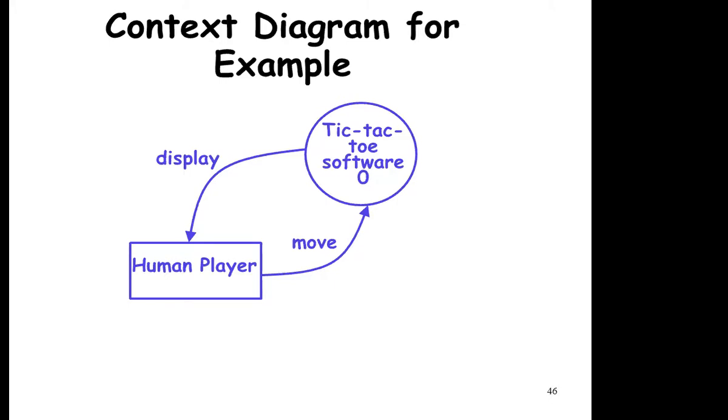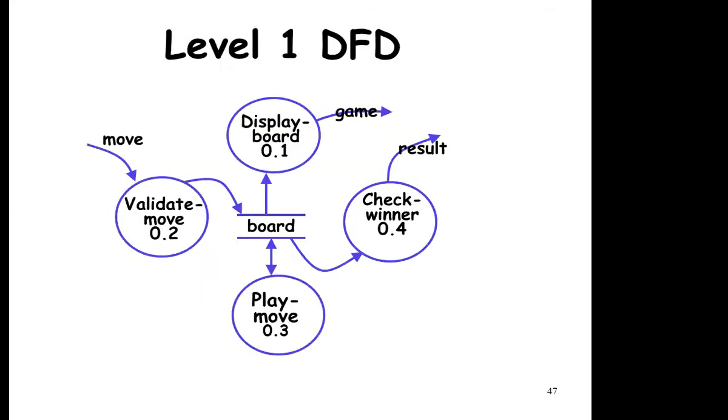Now many things are being done here, so it will be exploded, and when it is exploded, we will enter level 1. Just see: what are the different main functions of the game? The main functions are, first, display the board, then validate the move by the player. If any player plays a move, we have to validate it. Suppose in my turn I have to use a cross, but I am using a circle, so it will not be validated. Validation is also important. Suppose I have already made a cross here, and next time I make a cross over it again. That is also not valid, so validating a move is required.